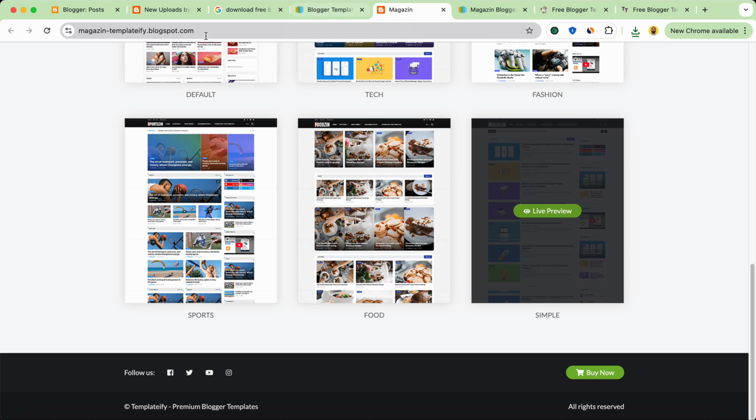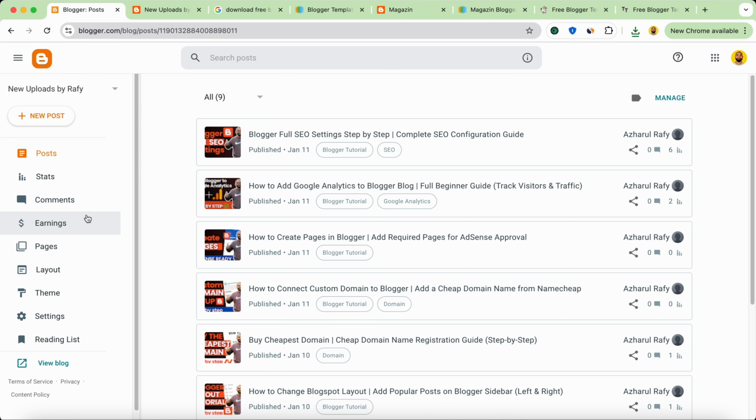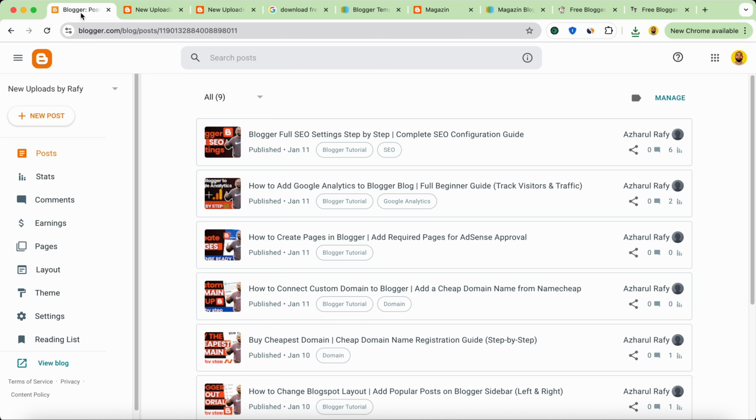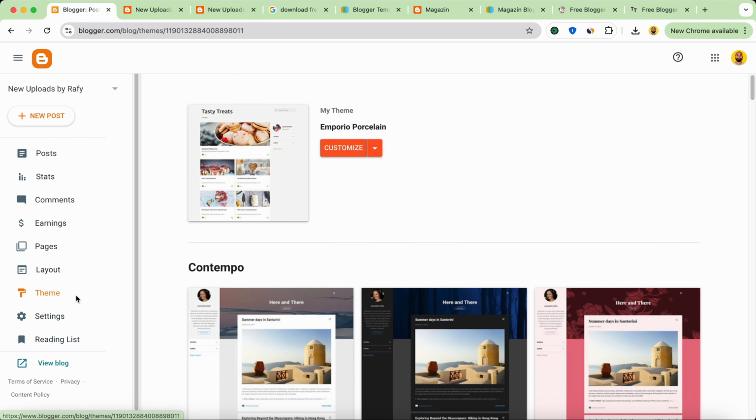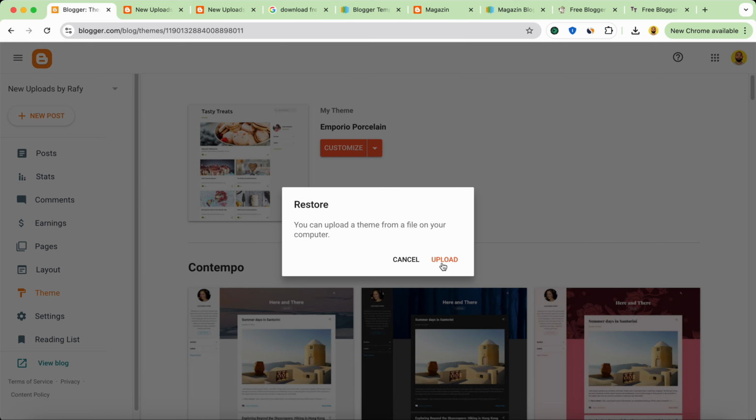So let's move on. It's time to install the theme that we have just downloaded to our browser. So as of now, if I visit my blog, you can see how it is looking like. And now what I'm going to do, I'm going to take you back here on our Blogger backend. Let's click on theme and you will find this option. So let's click on this down arrow icon, and after that click on restore option, and after that click on upload,